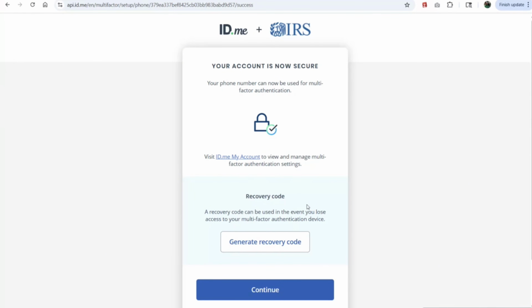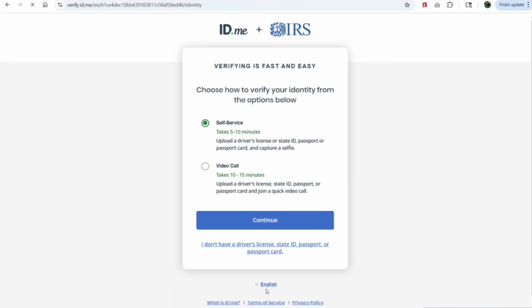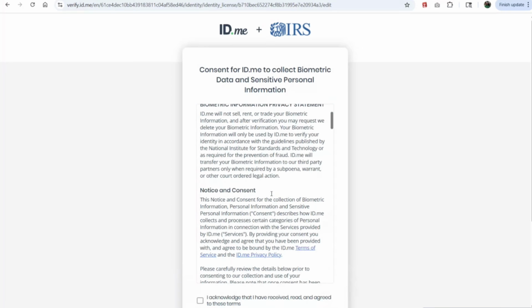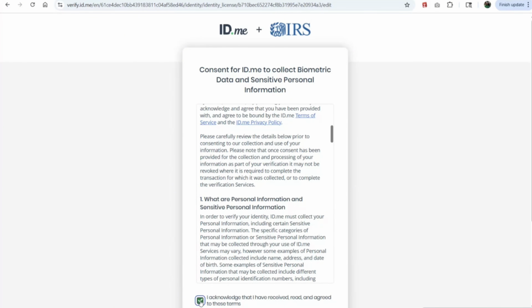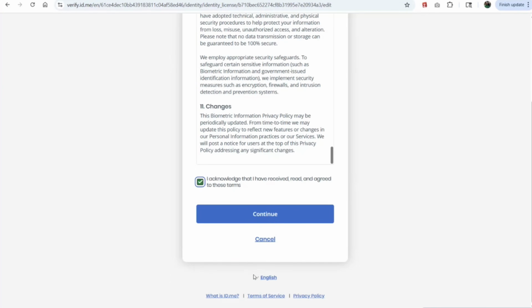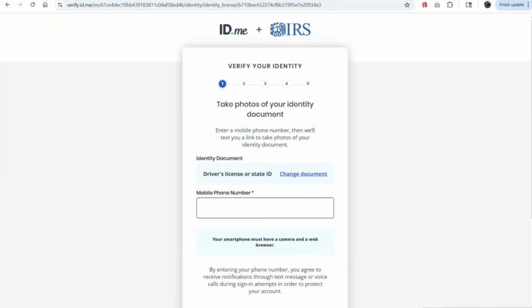If you can save this generated recovery code, that will work if you lose your MFA device. And then hit continue. You can do a video call, which takes a little bit longer, or self-service, which will allow you to enter a phone number and take a picture of your driver's license on your device. So you can accept these terms, hit continue,